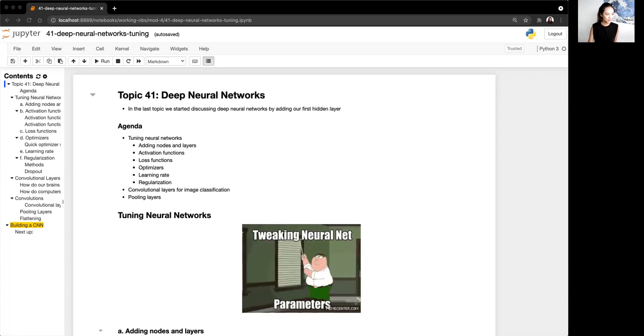So today we're talking about deep neural networks, about tuning neural networks. Now, on Friday, I'll show you the grid search equivalent for neural networks. But first, we're going to talk about all of the different things that you can tune